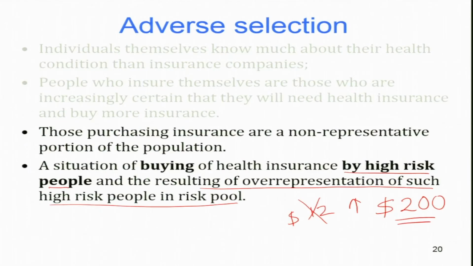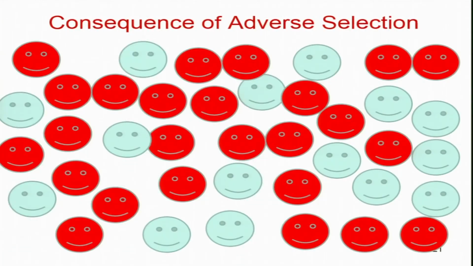But if the premium increases because of this adverse selection, the companies' new calculation suggests that the premium has to be increased accordingly, and when the premium increases, now let us see what is going to happen. Some people think, what is the point of paying 200? So they eventually leave the market. Maybe at the renewal of this policy, those who did not use health insurance coverage, who did not make any claim, who know that they are healthy, low risk, what will they do? They will think that they will eventually leave the market.